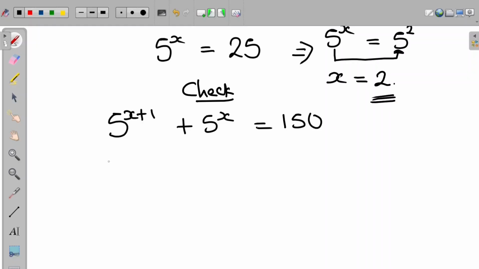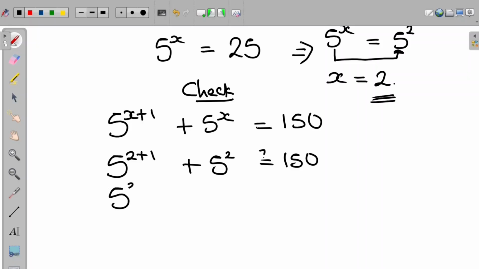So we have 5 raised to the power of 2 plus 1, plus 5 raised to the power of 2, is equal to 150. Since we are checking if it is equal, let's add a question mark here. The left-hand side becomes 5 raised to the power of 3 plus 5 raised to the power of 2, equal to 150. 5 raised to the power of 3 is 125